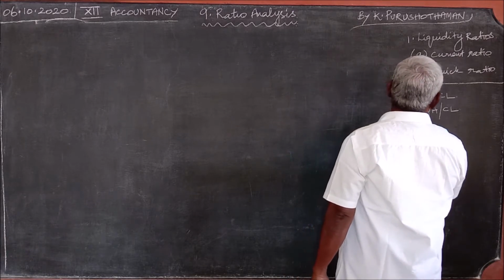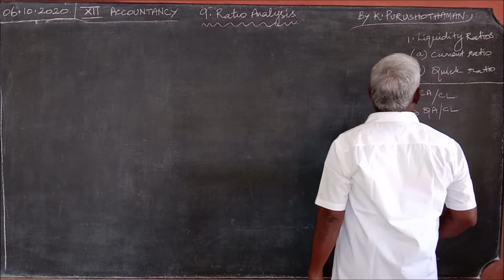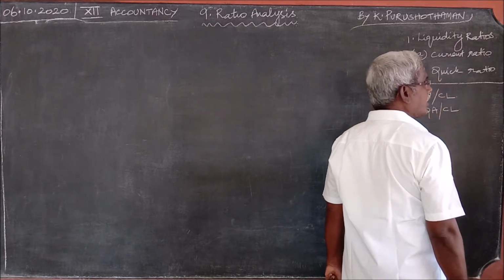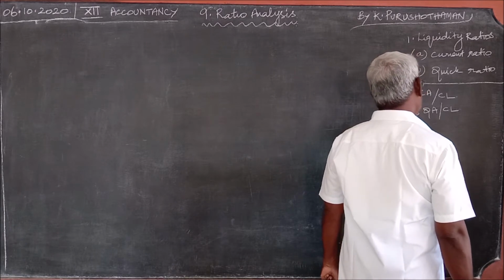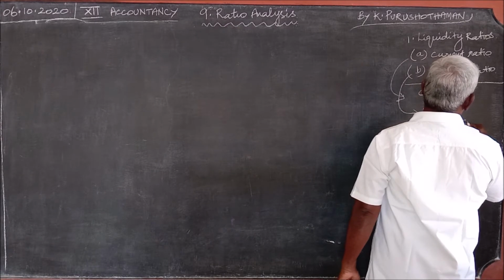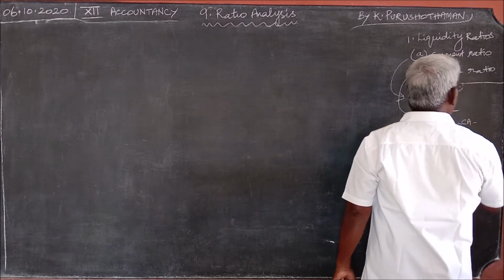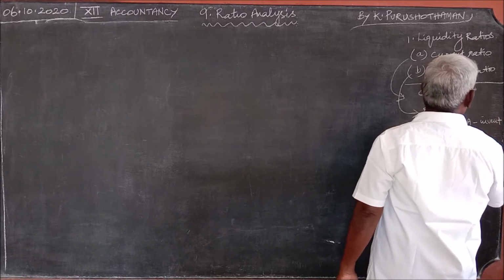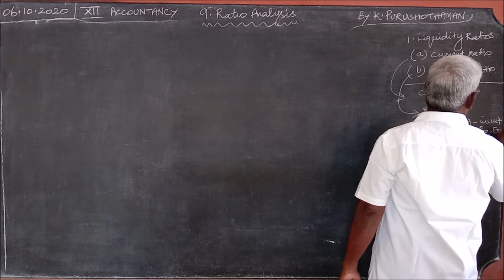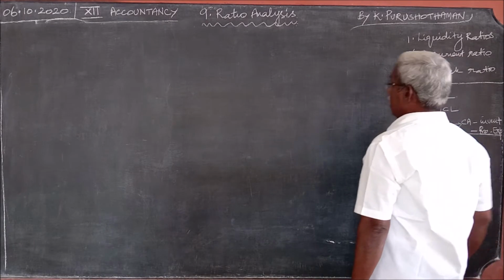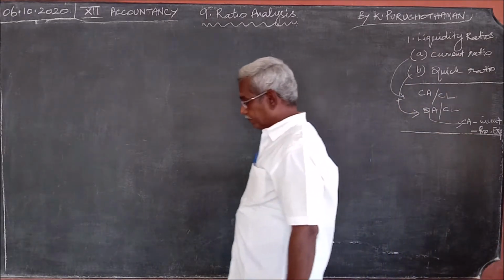And what do you mean by current assets? It is given as it is, cash, equivalents, etc. All those things we have seen already. Quick assets in the sense current assets minus inventories minus prepaid expenses. These things should be minus. This is what we have seen in the last class, that is yesterday.